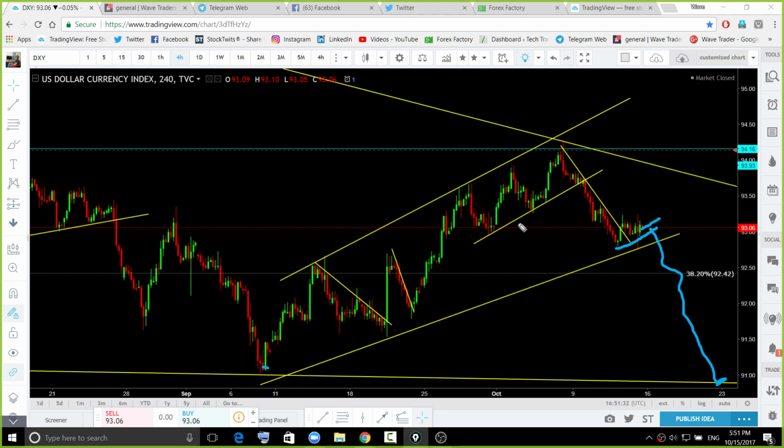Either way price wants to go, what you need to look for is simply an aggressive breakout or aggressive impulsive move, and then continuation, and just follow the trend. If it is going to get down, follow the trend. If there is an aggressive breakout at this area, follow the trend. If we see this move, USD yen is going to be a perfect pair, USD CAD is going to be a perfect pair to go short on. The USD can test the top again for another leg, but again it is going to be bearish from the top because we are having a bigger correction. I will talk about that. So it can go both ways.